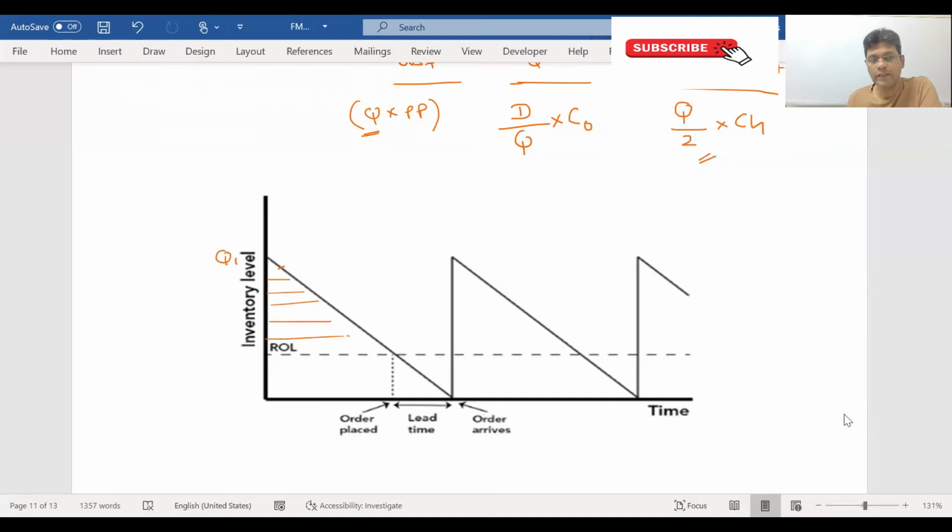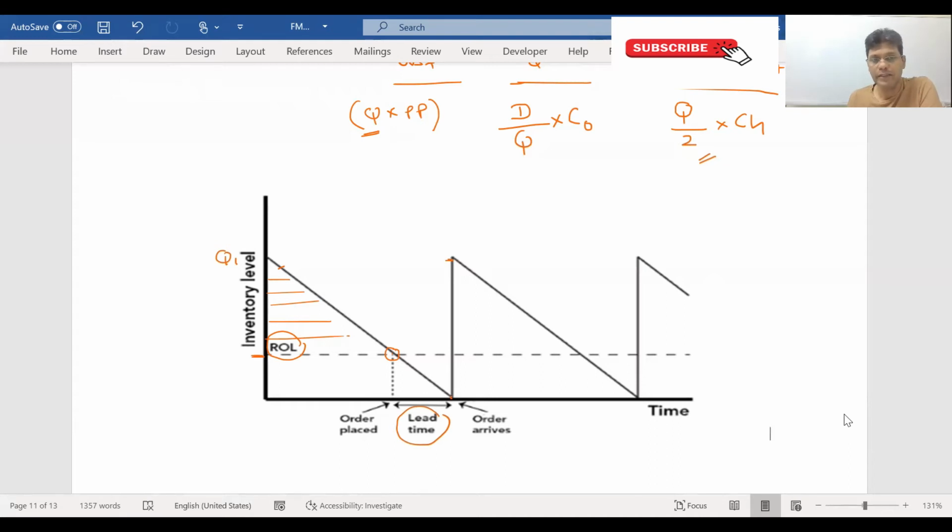Okay, then it will reach the reorder level. So these stock levels I will discuss in another video. When it reaches the reorder level, you need to place the order because there is a lead time. When you place the order at this particular time, with this lead time your stock will reach zero. As soon as it reaches zero, you will replenish your stocks to meet the annual demand.